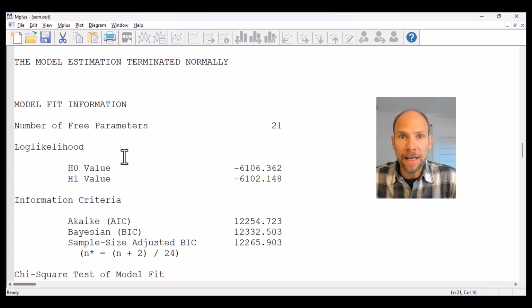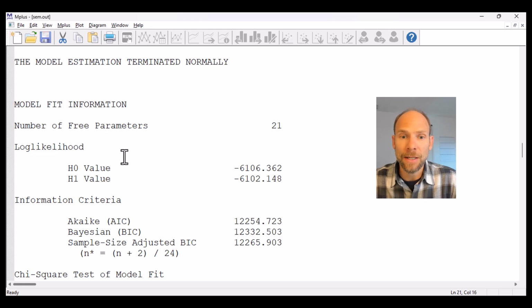And it seems like the estimation went well, in terms of there not being any abnormal parameter estimates, such as, for example, negative variances or correlation coefficients that are above 1 or something like that. This doesn't mean that the model necessarily fit well. So the model estimation may have terminated normally, but the fit of the model to the data may still be poor. So we have to take a look at model fit statistics, and most importantly, we should take a look